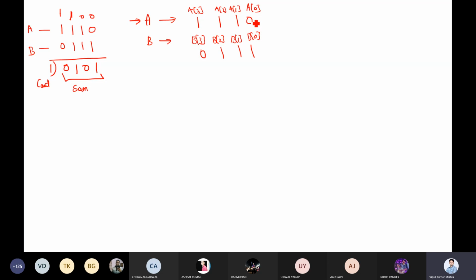So for adding these two, for the 0th value, I have taken a full adder, where you have A0 and B0 as input and Cin that is equal to 0 at this moment. And this is your full adder. So what will be the output?